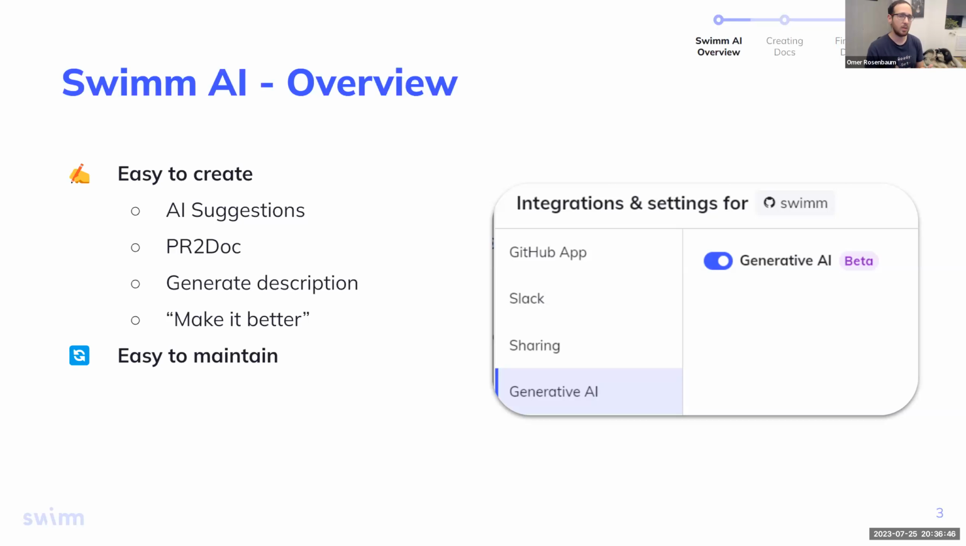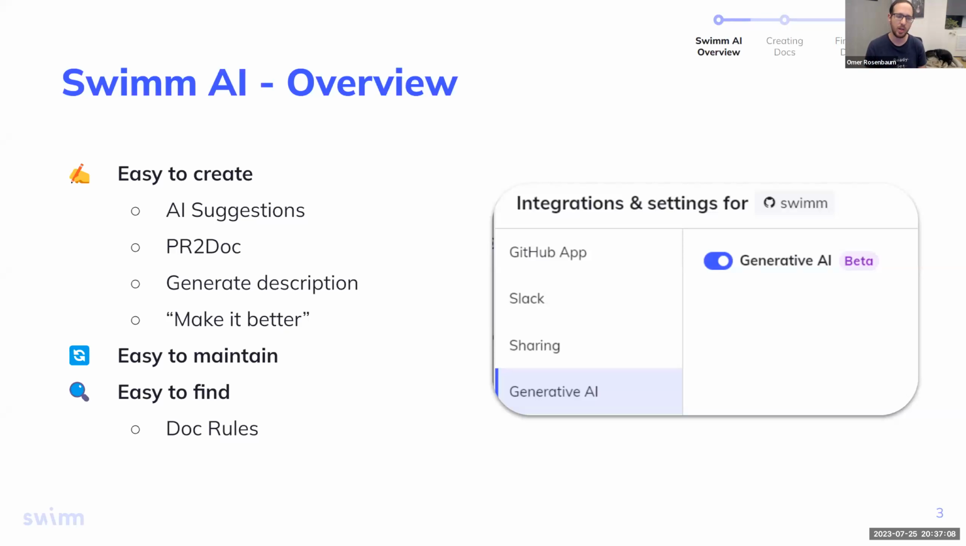So for easy to maintain, we still use the same AutoSync we have been using at Swimm. And third, easy to find, we introduced a new feature called doc rules that I'll elaborate on later. It has a manual part, that is, you can create rules without using Swimm AI, and you can create